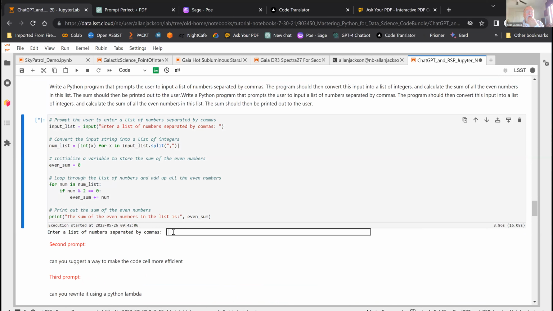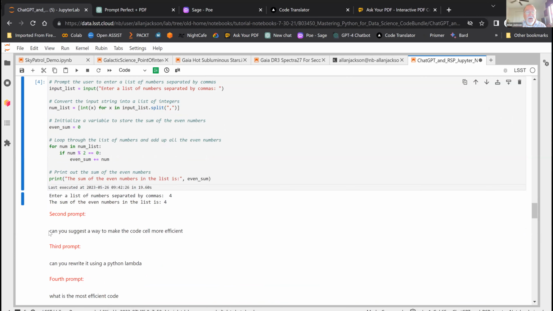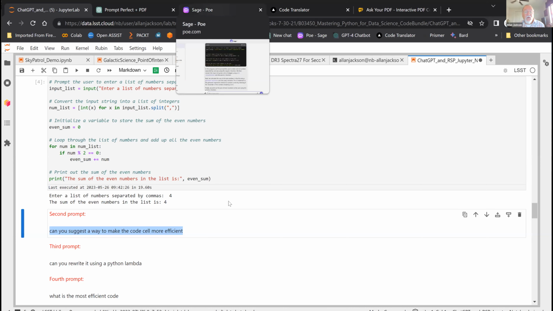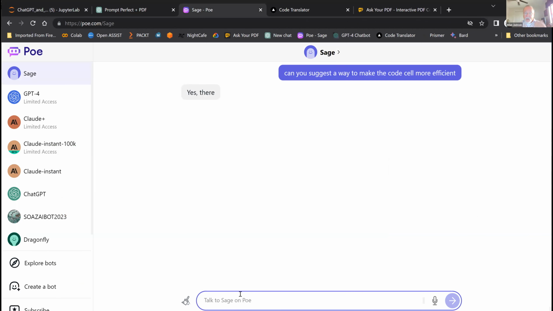I think in this particular case, it's something similar to what Bob and I did a few weeks back, which generates code that interfaces with you. You can put inputs into it, but say if you're not really happy with the code, you'd probably give it a prompt like this: can you offer a suggestion to make the code more efficient? It'll probably regenerate it and give you some decent code.